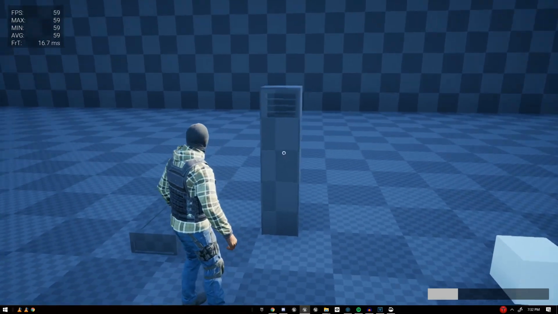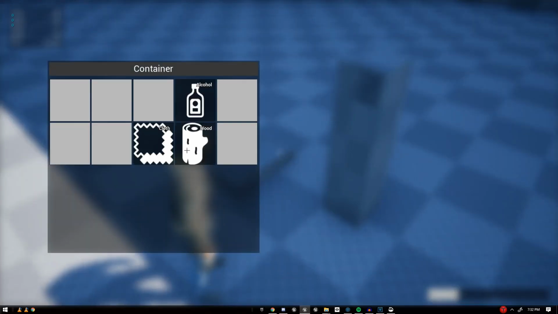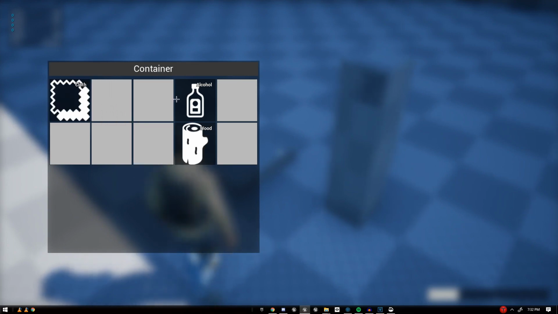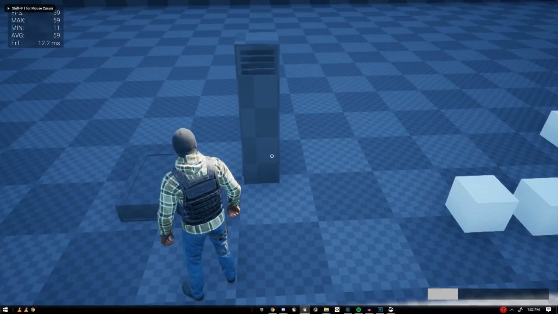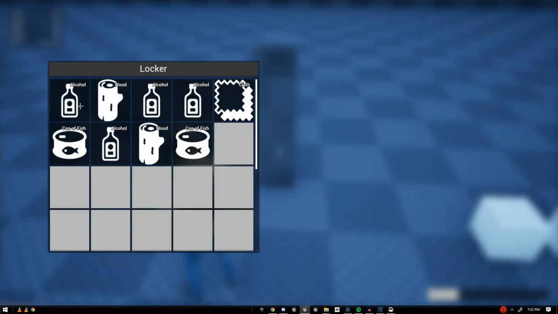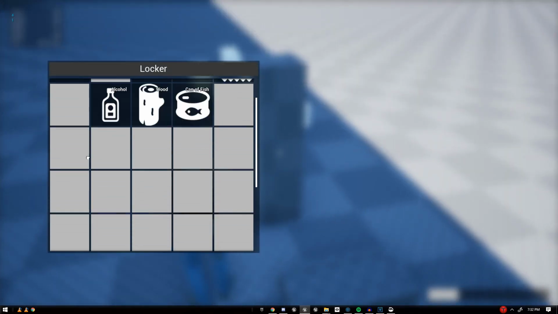Section 3, Containers. Containers made me develop a separate component that I'll talk about later to generate loot really easily. Now containers have static meshes for visuals, and all the settings are defined the same way any other inventory is, with a name, amount of slots, opening noise, and etc. After doing all the settings, I just define some things in the loot component, which I'll talk about later, and